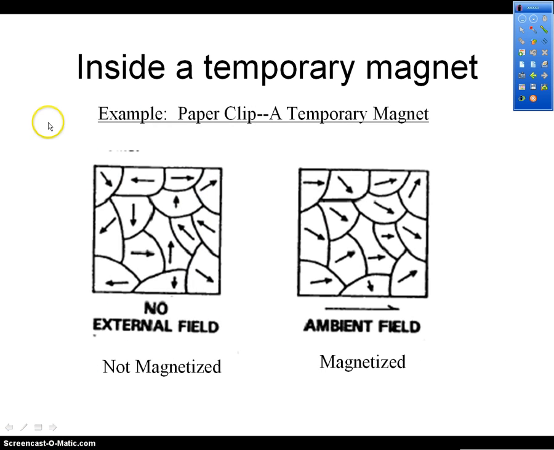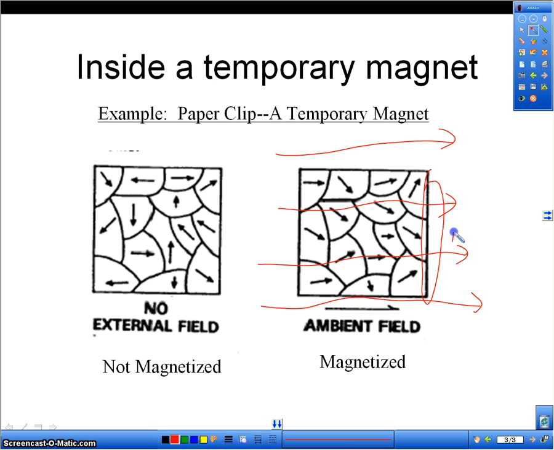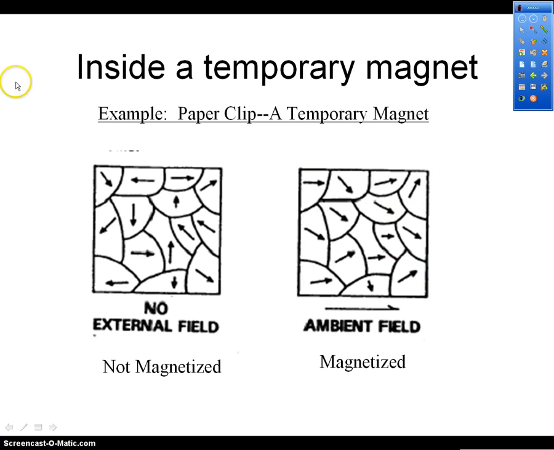In a temporary magnet, those are materials that still have magnetic domains, but the domains are all aligned in different directions on the inside. And it's not until you put it into some pre-existing magnetic field, like the Earth's magnetic field or some other magnet is brought nearby it, and that causes these domains to all try to align themselves in that magnetic field, the same way a compass needle aligns itself in the Earth's field. And that creates, just temporarily, a slightly north side and a slightly south side. It won't stay like this, though. If you remove that magnetic field, then you go back to being this,